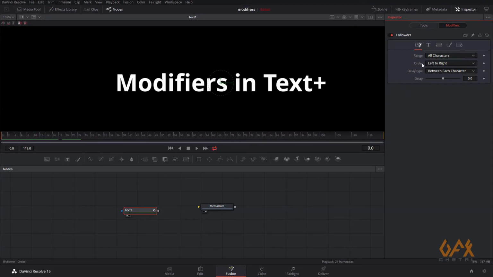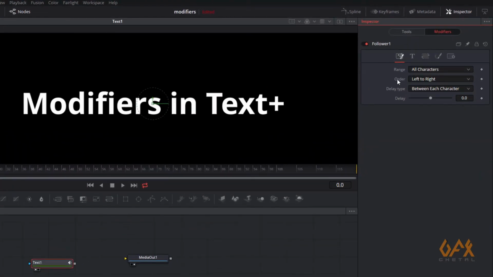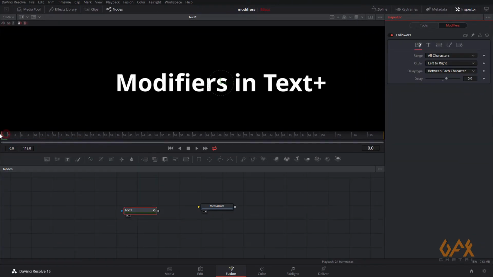To see the impact of this order, you have to apply delay. This is frame delay. For example, I apply delay of 5 frames. So what happened is that the animation starts from left to right. It starts over here, and the next character will start after 5 frames delay. So now if I play the thing,